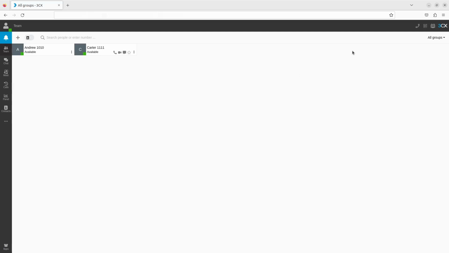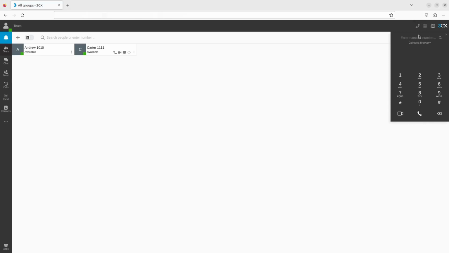Click on the dialer in the upper right corner of the screen and select the device you'll call with. In our example, we'll choose the browser. Dial the voicemail extension number, then enter your PIN number and press pound. It will then prompt you with some playback options. Dial 9 to access voicemail main menu options.